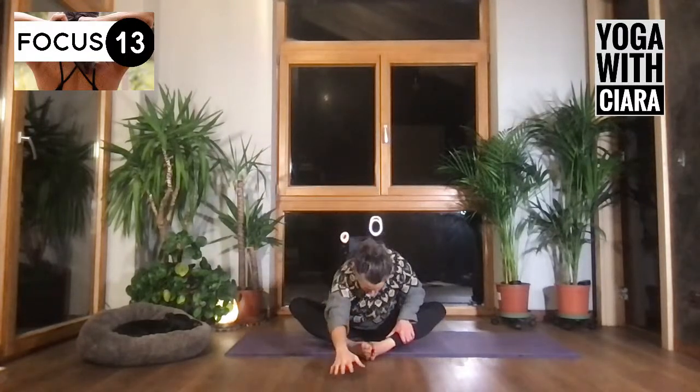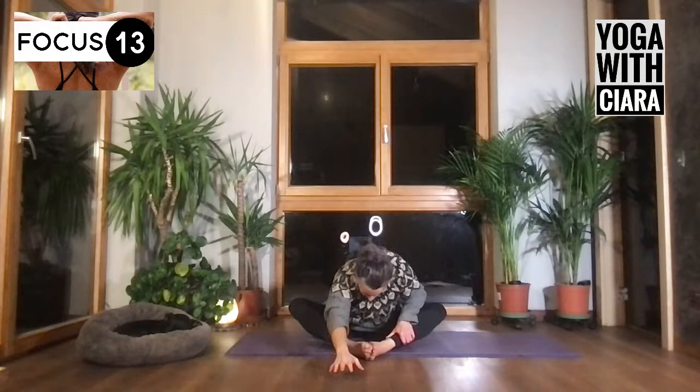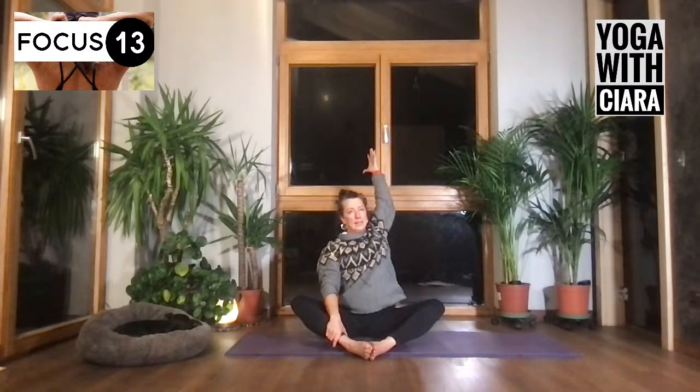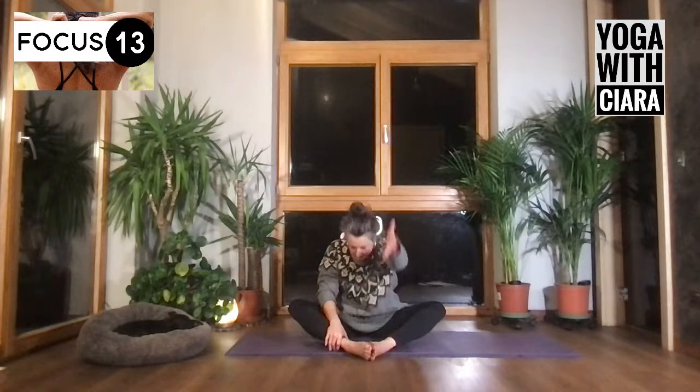So I'm mobilizing into my torso, and it's more the right side of my chest that's moving. The left side is stabilizing as I do this. Right hand forward, right arm up and back, right arm forward, right arm up and back. Nice. Other side, left side up. Leaning into it, reach your left hand forward. Leaning into it,